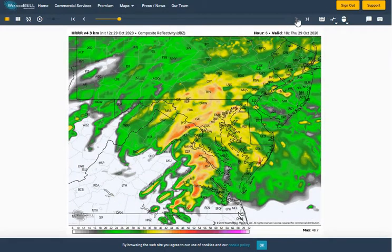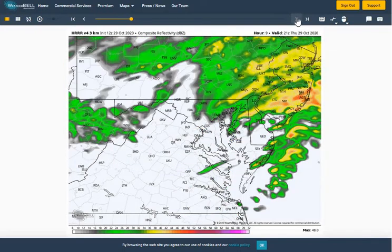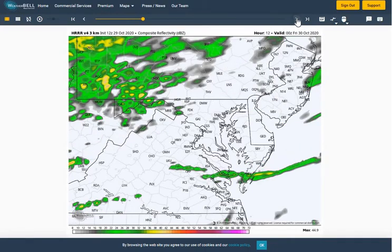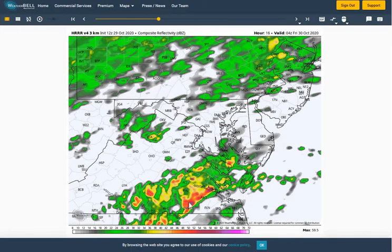As we go into 2 p.m., that will be approaching our area and then passing our area sometime between 2 p.m. and 5 p.m. And then going to 6 p.m. here, you can see how quickly the rain will clear out, giving us just a slight chance of an isolated shower after about 6 or 7 p.m. And then seeing potentially dry conditions for a couple hours until we get to midnight,